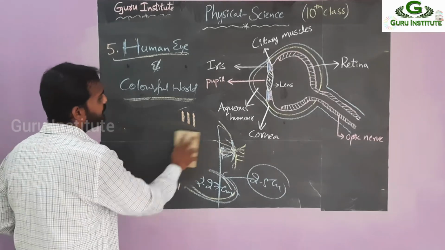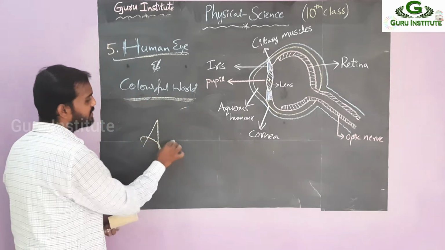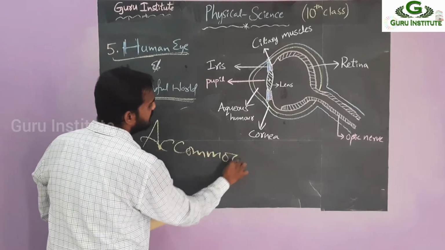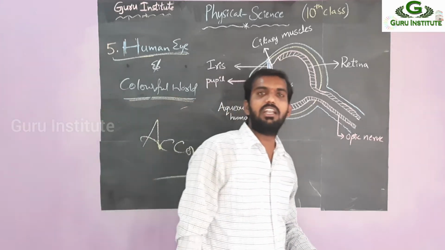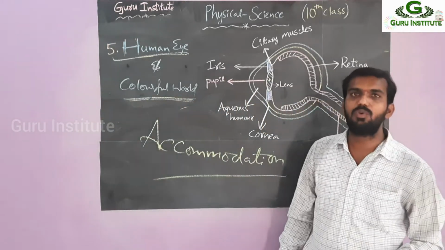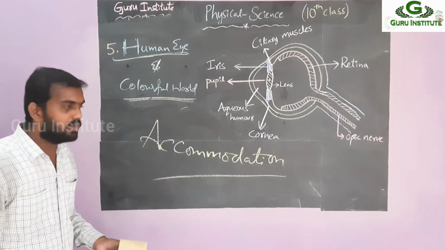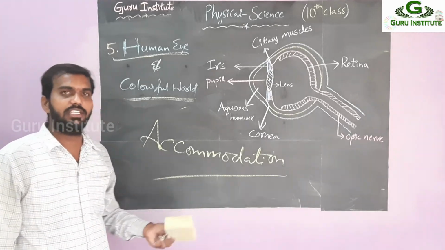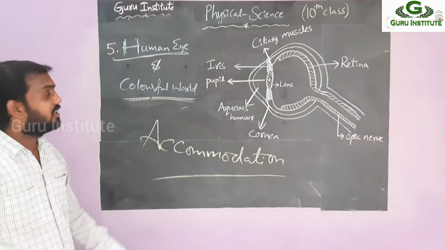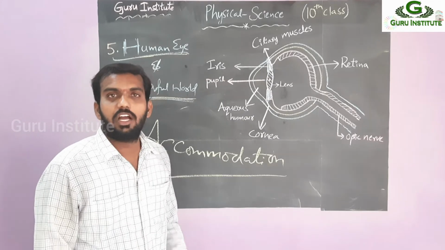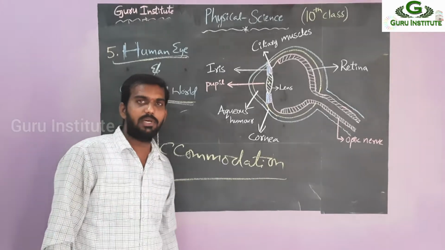Like this, the adjustment is called accommodation, accommodation of ciliary muscles. Accommodation means adjusting of focal length. The ciliary muscles do the adjusting of focal length by themselves to see far objects as well as nearer objects. So nearer we can see up to 2.27 and far 2.5. This nature of adjusting focal length is called accommodation of the ciliary muscle, or accommodation of the lens. This is the great role played by the ciliary muscles.